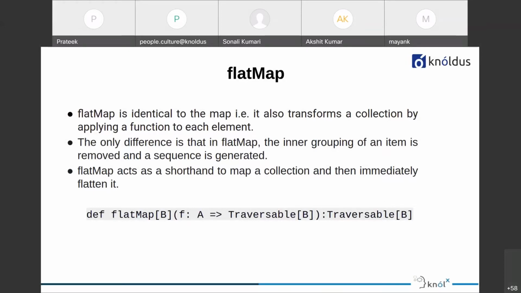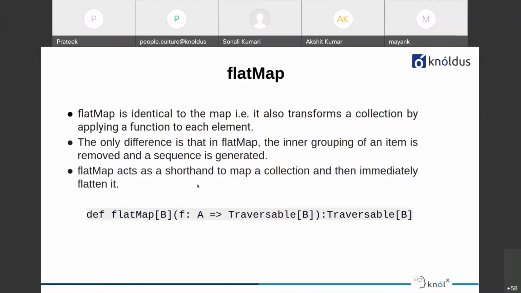So let's say if you have a list of lists of integers, then when we call the flat map function on that, it will convert it into a single list of integers. What it has done is simply remove the inner grouping of the elements and generate a sequence.